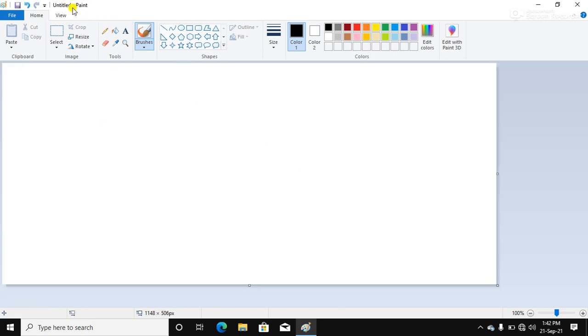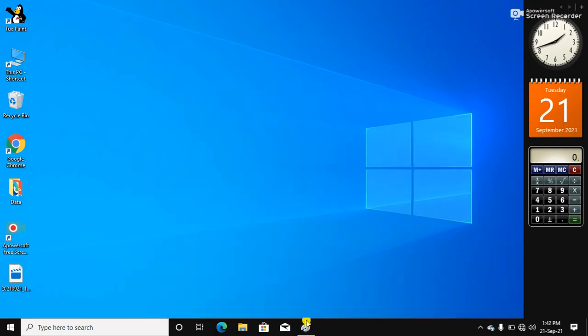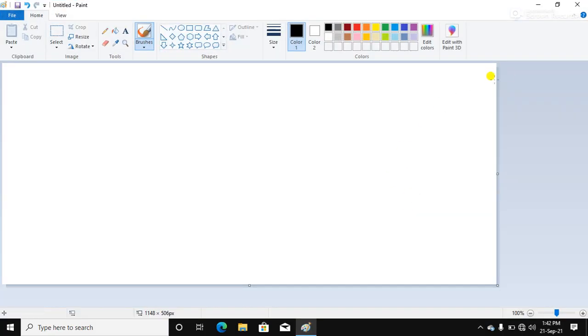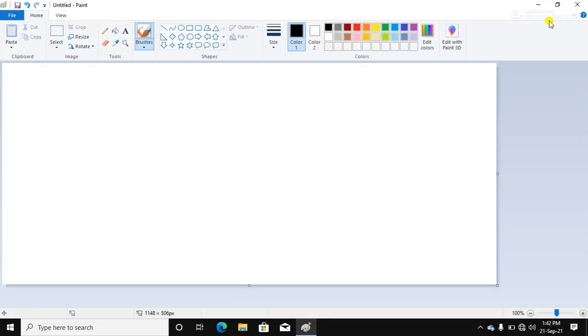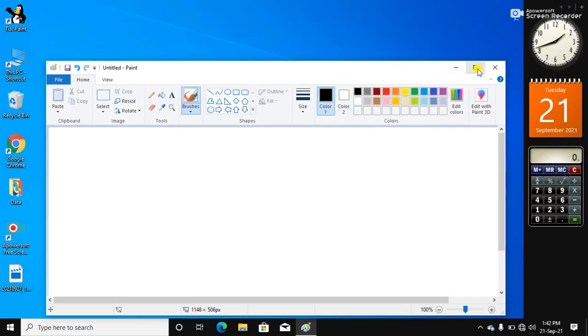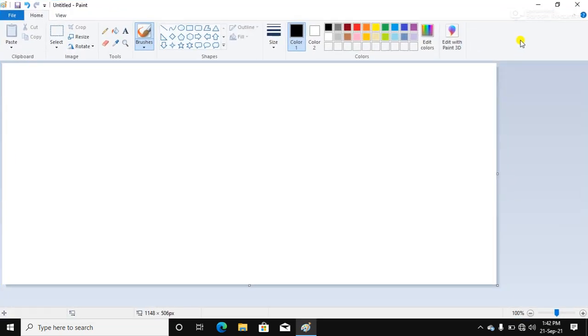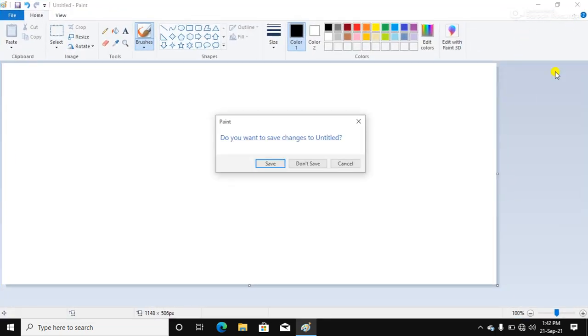Untitled. There is no title. This is called the title bar. Where is the minimize button? This is the minimize button, to minimize the window. This is the restore button, for restoring the window. And this is the maximize button, to maximize the window. And where is the close button? This is the close button.